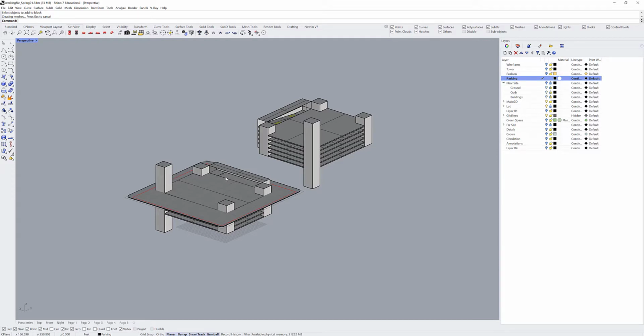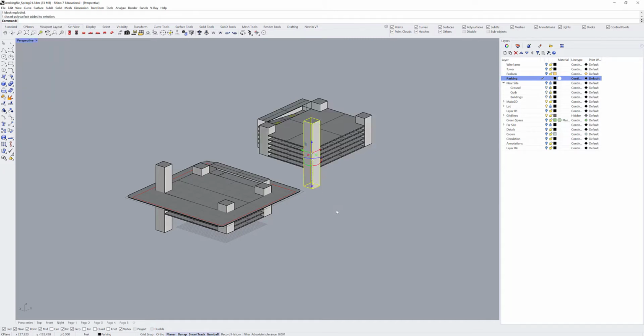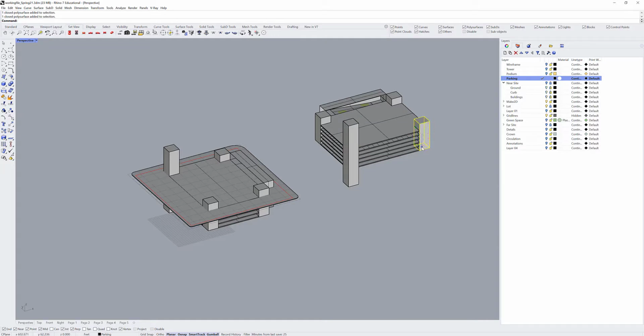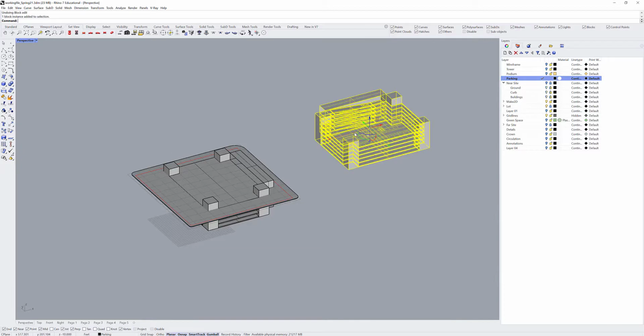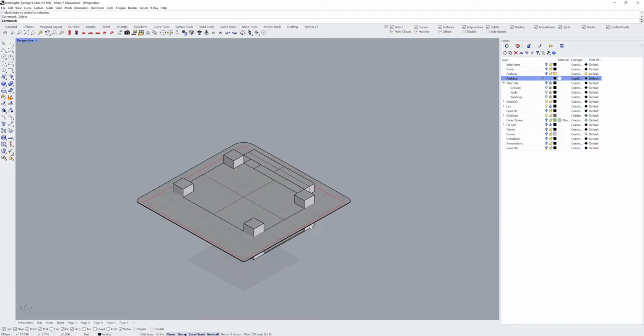It's usually a benefit, but you can also run an explode block command, and that will just make this geometry. And so now if I edit this, you can see it's not editing that. So let's just go back until that didn't happen. And the last thing I'll show you here is